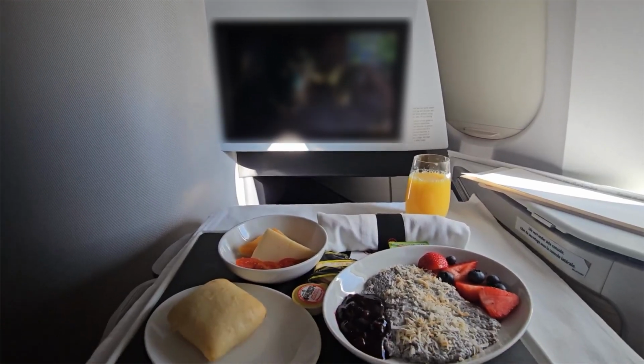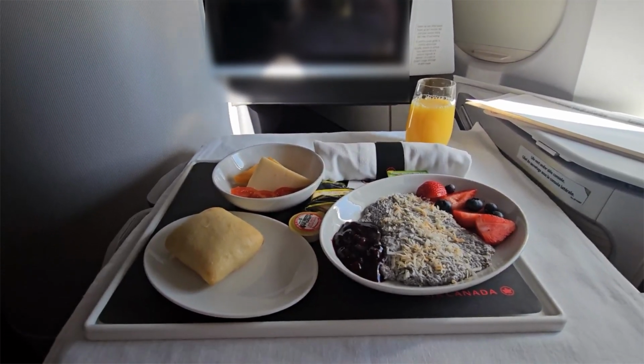And eighth, look out for unique tips that can save you even more money. Like how for my Montreal return flight, I was supposed to fly on premium economy, but swapped over to business class for pretty much the same number of points. That and even more trips to really